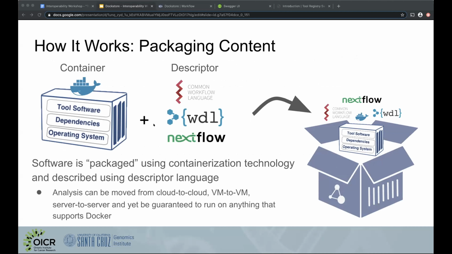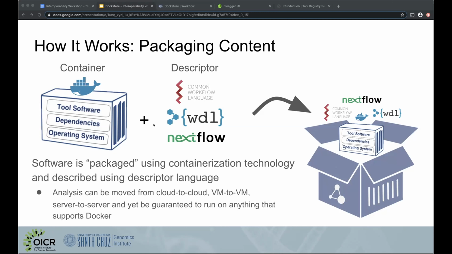Dockstore solves that installation and dependency problem through its usage of containers, specifically Docker containers, and using descriptor languages to actually describe the steps of the workflow and detailing what parameters are needed, etc. I'll go into more details about what containers and descriptors are in my later slides, but the main takeaway here is